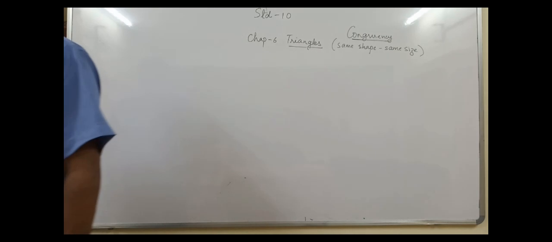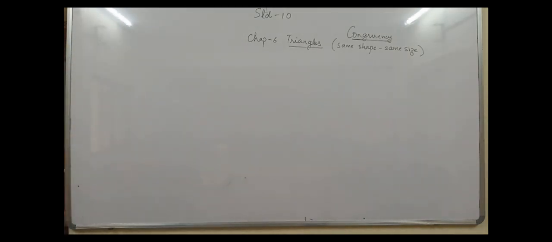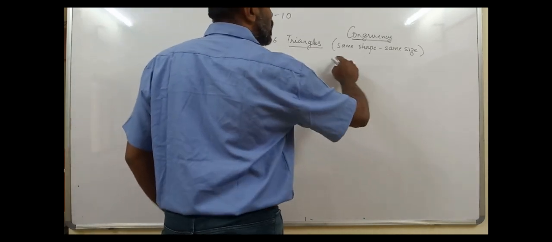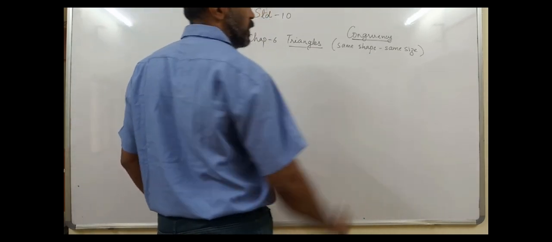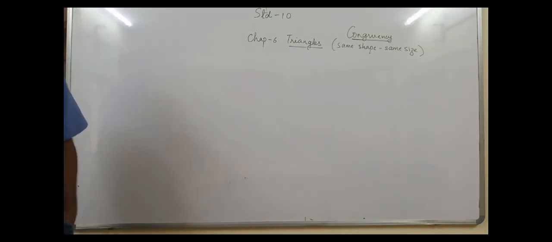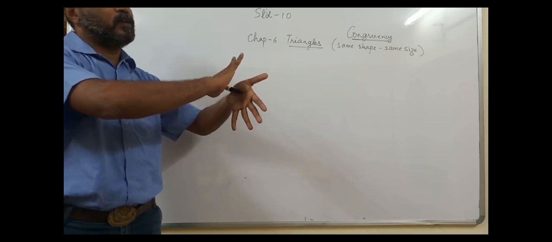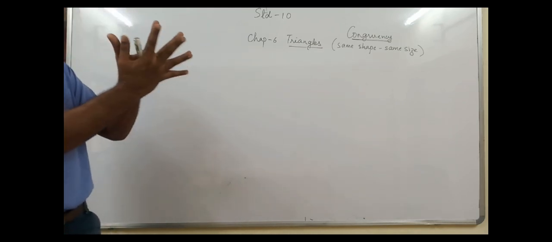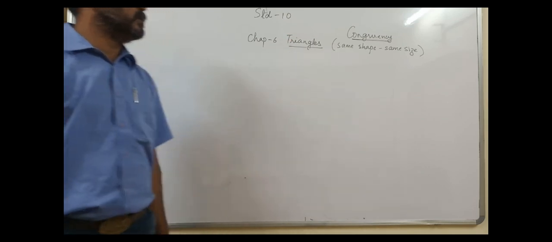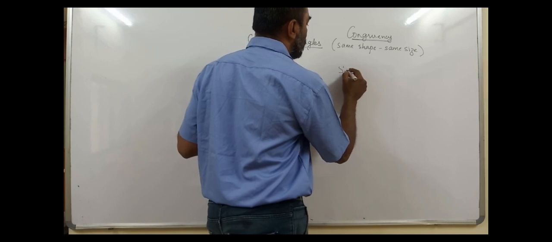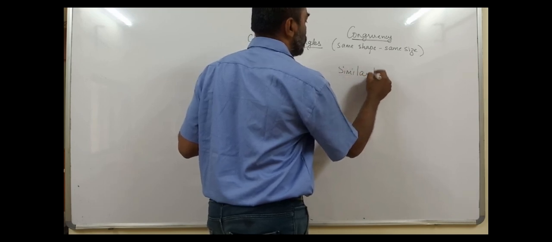So if two triangles have got the same shape and the same size, the same shape means what? The sides are equal or correspondingly equal and the size is the same. But remember, it is not true for everyone. You can have two triangles with the same shape and size, but when you place them in another correspondence, it may not be congruent. Only in a certain correspondence it becomes congruent. So this was congruency. This year in the 10th we move to similarity.